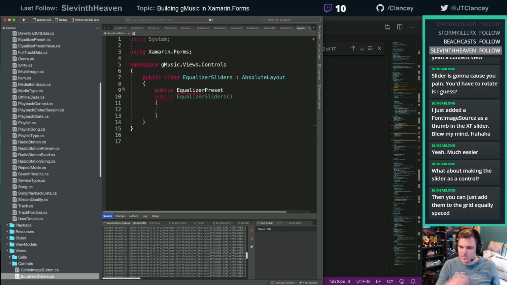All right, so what about making the slider as a control? I've thought about that. I could do that just in a grid. I don't mind the layout. Either would work. Yeah, I'm not sure which will be less work.